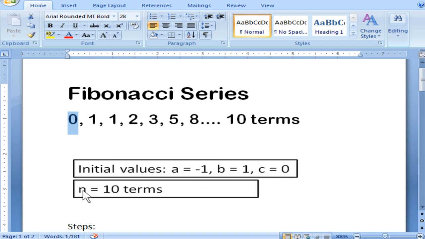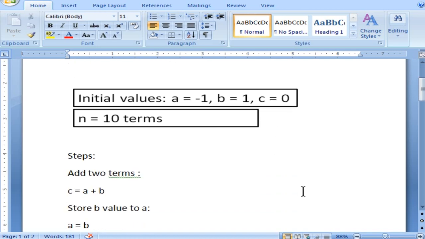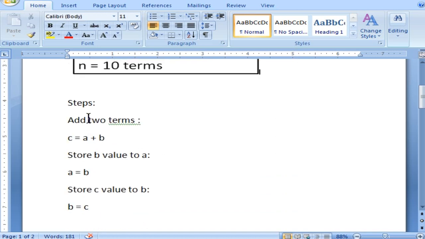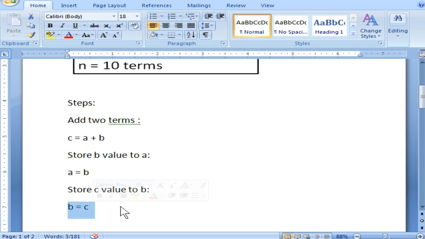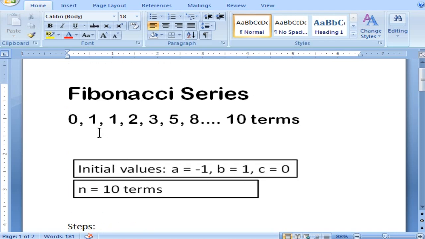And now, to generate 10 terms, that will be stored in n. The steps: first you have to add two terms, that is a and b, and store the result into c, and then you are going to store the value of b into a, and then you are going to store the value of c into b. The reason is, you can see here, this is a and this is b, so you will get c here.